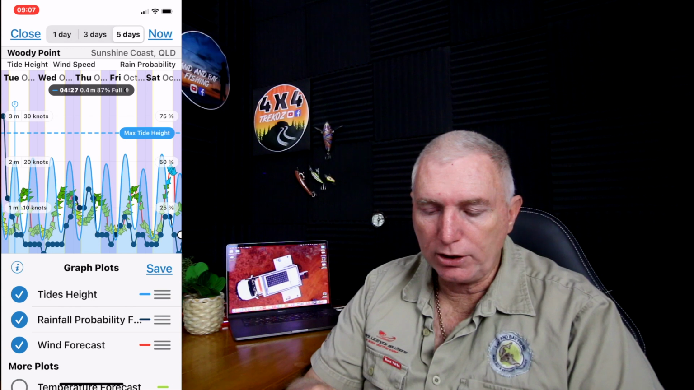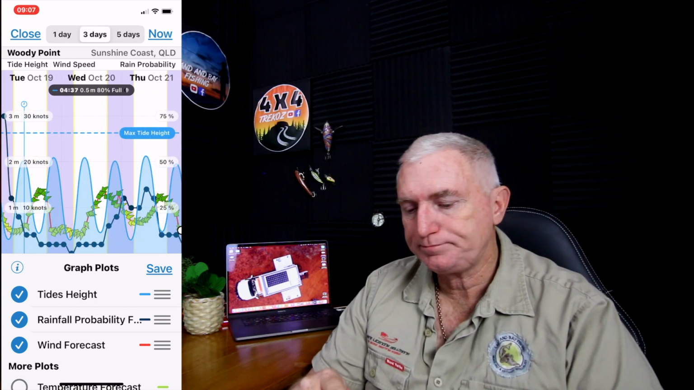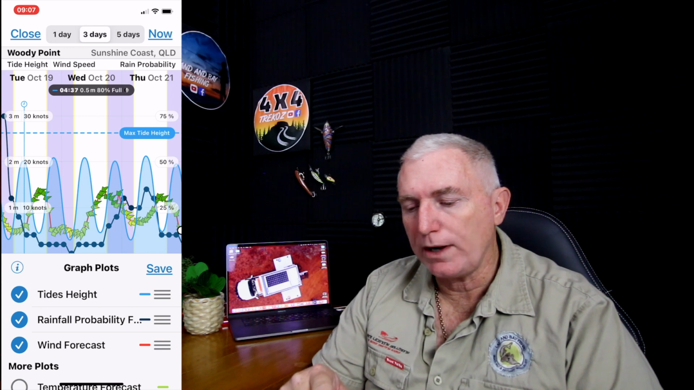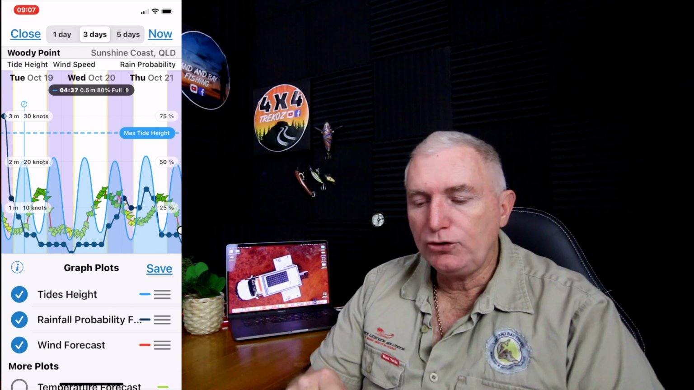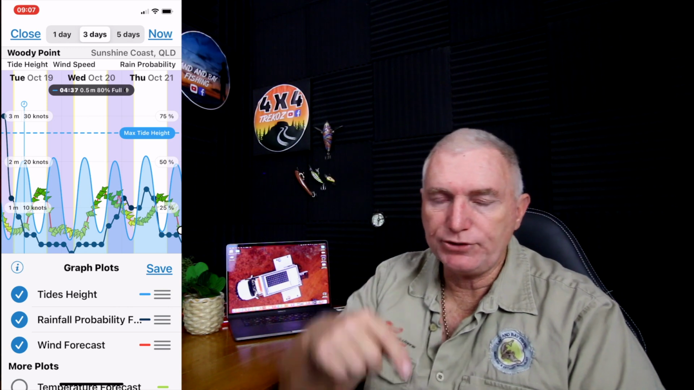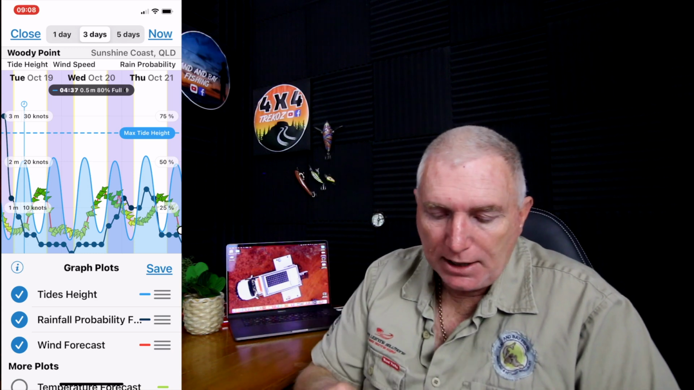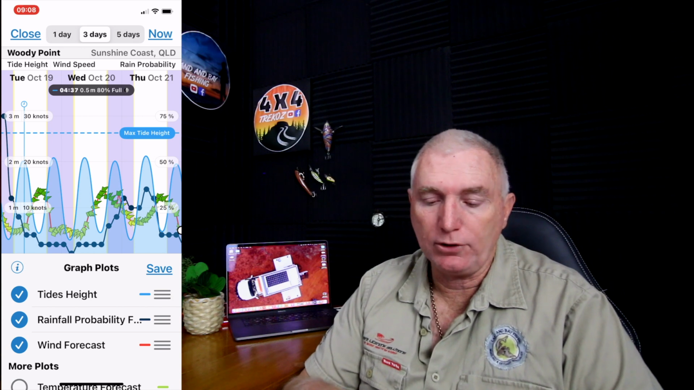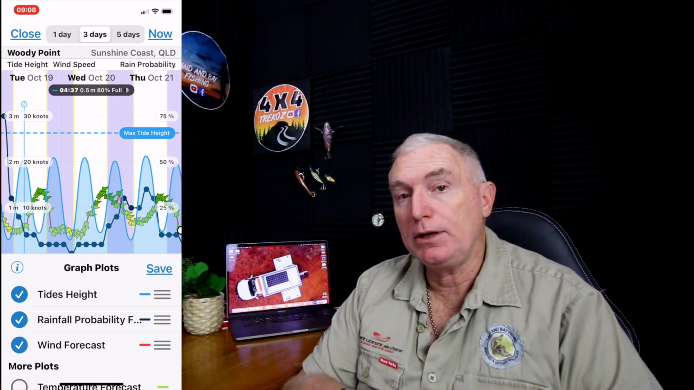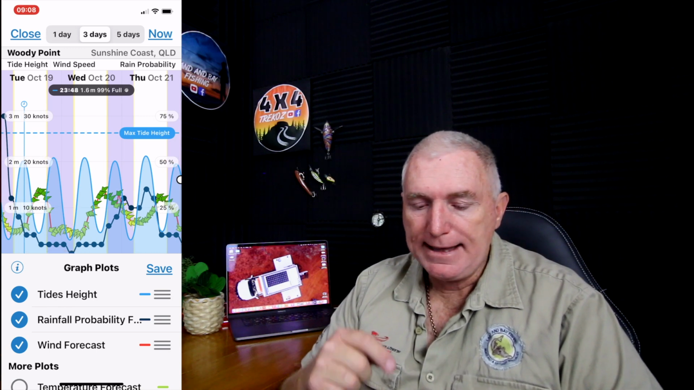My presets are tide heights, rainfall probability and wind forecast. I've got an option of 1 day, 3 days or 5 days. Normally I use the 3-day outlook because generally speaking I'm going the next day or the following day after that. That gives me wind direction, which way the wind's coming from and how strong that wind's likely to be. It gives me the probability of rainfall, whether I'm going to get wet or not,